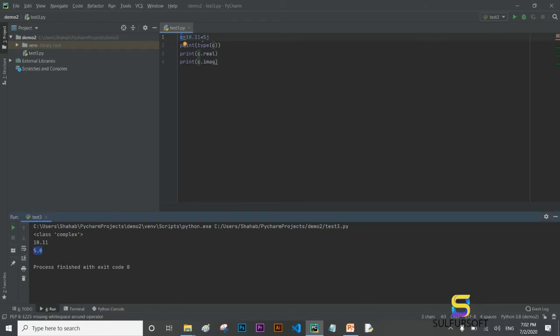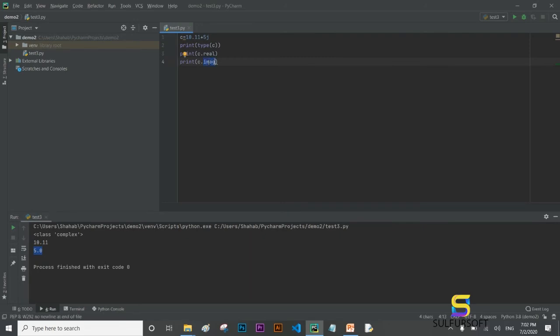Let's run it. Look at it. We have got the imaginary part of this complex number. We have got 5.0 as the output. imag, imaginary, basically it is showing imaginary.